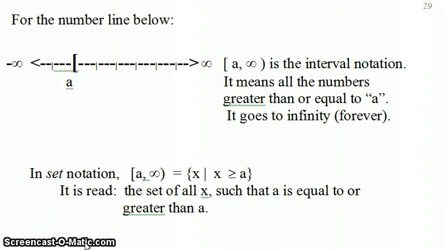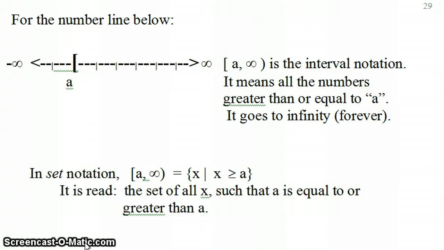On page 29 of your lecture notes, we have an example of where the point is included. So at this point, we don't know what A is, but A is included in our picture and everything to the right. So there's a number line. In interval notation, it would be written as a square bracket A, infinity. The little symbol that you see that looks like a figure 8 on its side is the infinity symbol. Always with the infinity symbol, we always use a parenthesis. In set notation, it would be the set of all X such that X is greater than or equal to